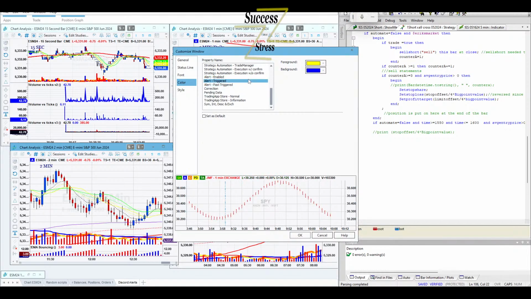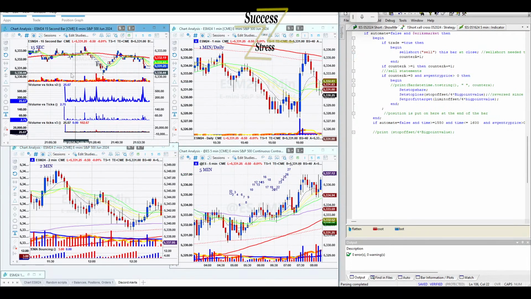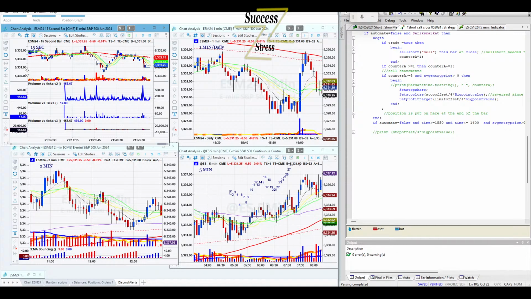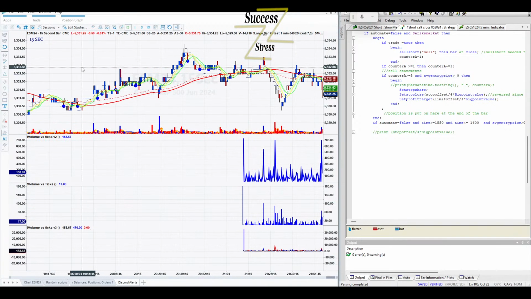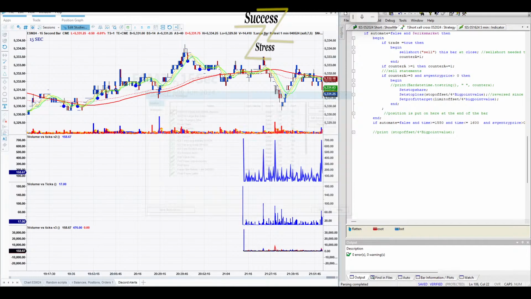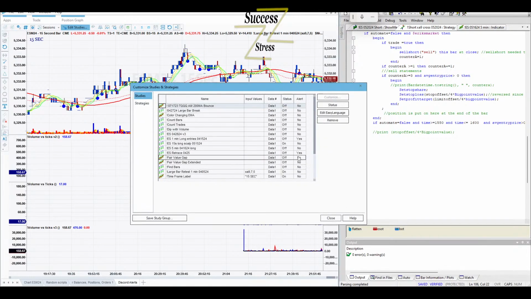But I'm not sure why this one doesn't have the A showing up, and there are alerts on. Oh, you know what it is? Yes, alerts are turned on. Yes. The study is turned off.